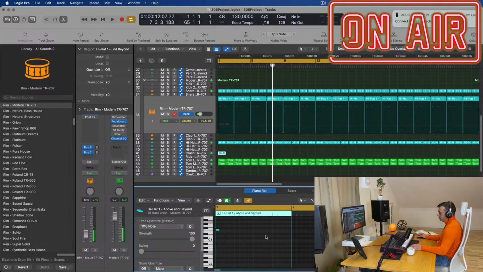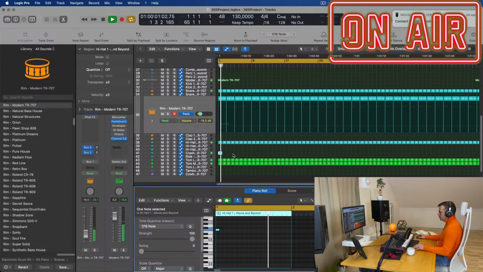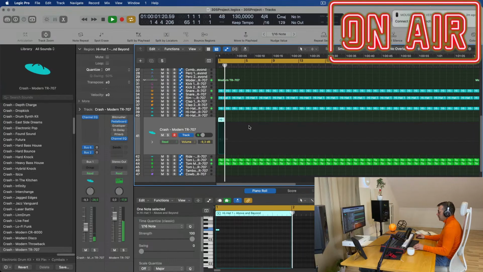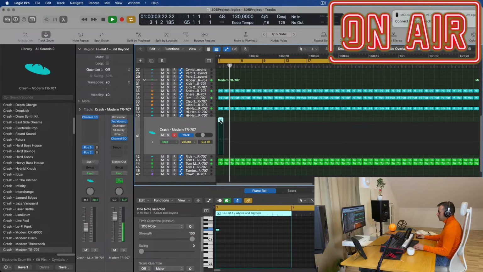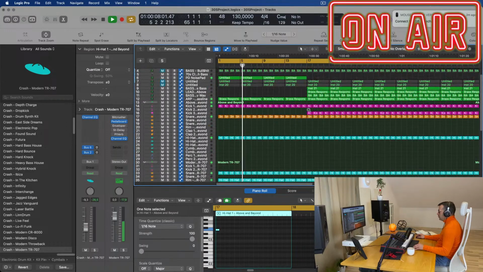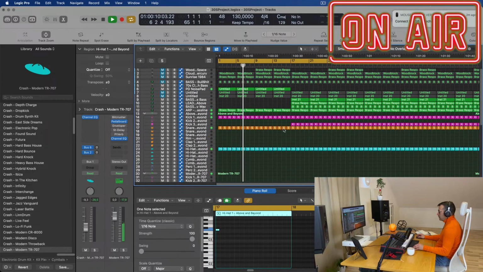That's a very nice crash. I like the 707 crash, very nice. I'm gonna start with the crash. This we're gonna need a little bit later. Let's say at 17, I think, when the new bass, the full kick, sub kick is getting in there. So